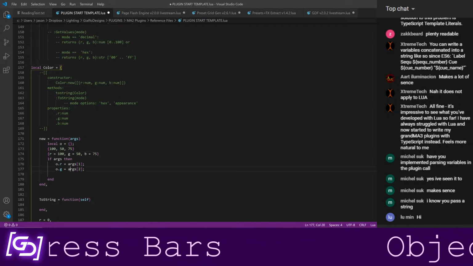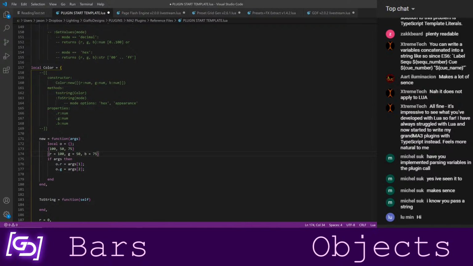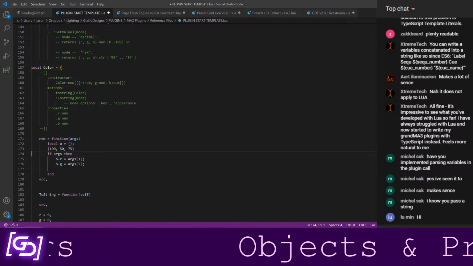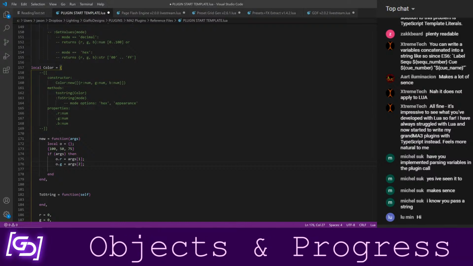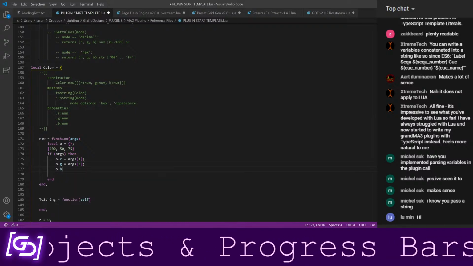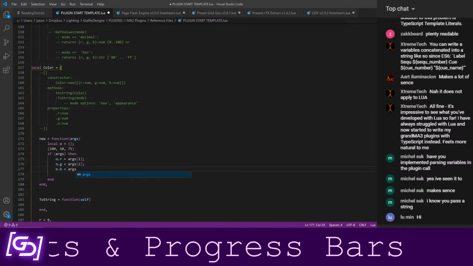This would not work with this code, and that is something you would want to account for. However, I'm trying to keep it shorter, so we're not going to. So O.B equals args3.